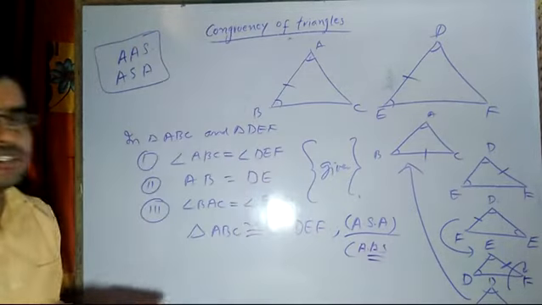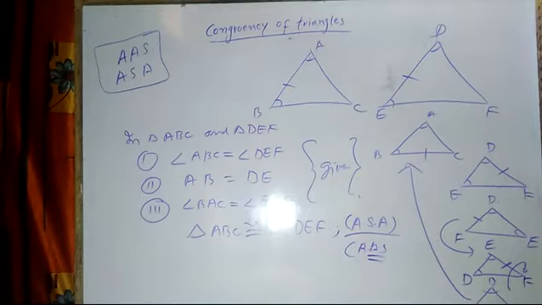That is why we can say that these triangles are also congruent by angle side. This criteria is also same as angle side angle. So I hope it is clear. You all need not worry about all this rotation of the figures. The only thing is that you have to remember the concept that if a minimum of 3 conditions are satisfied, then the triangles will be congruent based upon their conditions.